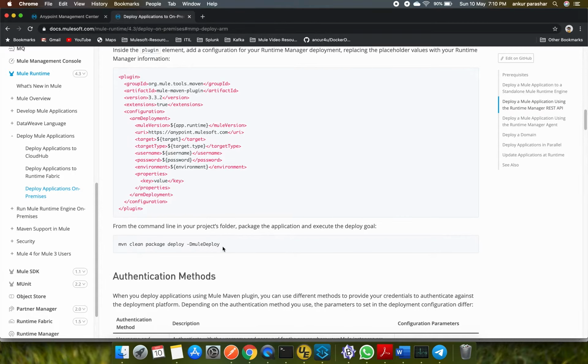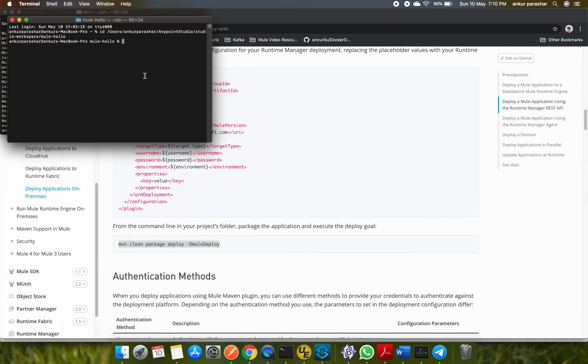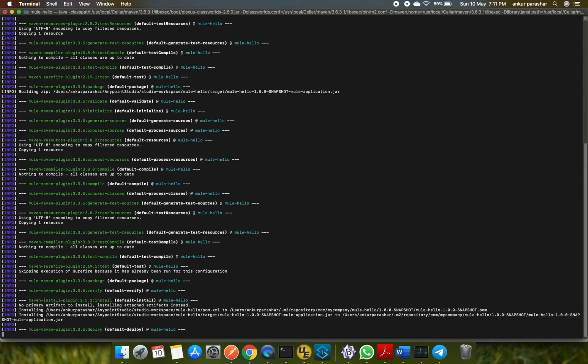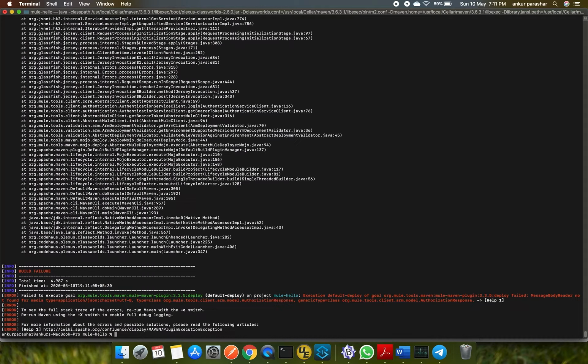So this particular command is pretty much the same which we have used in Mavenized CloudHub deployments. I will copy paste this command and will run the same command here as well. Let me maximize this window and I will hit enter. So you can see it has started loading all the things.